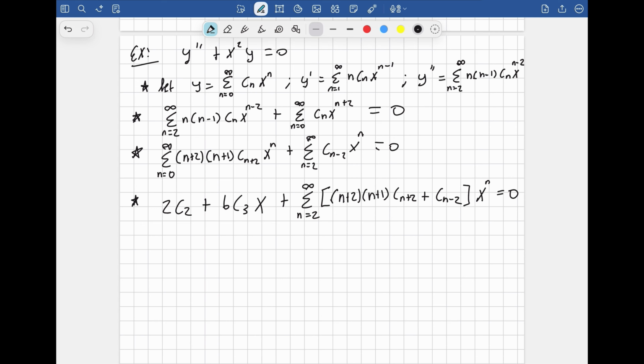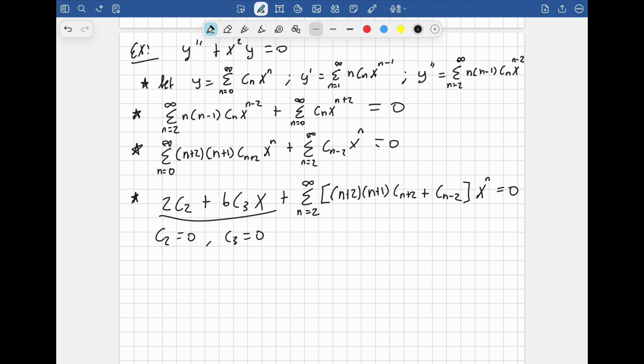Now, each factor of x we're going to set equal to 0. This is just a coefficient, it doesn't have a factor of x, so we set that equal to 0, which gives us c2 equals 0. This is the first factor of x, so we set that equal to 0, which also gives us c3 equal to 0. And now that we're done with these coefficients, we are going to set the coefficient inside the brackets equal to 0